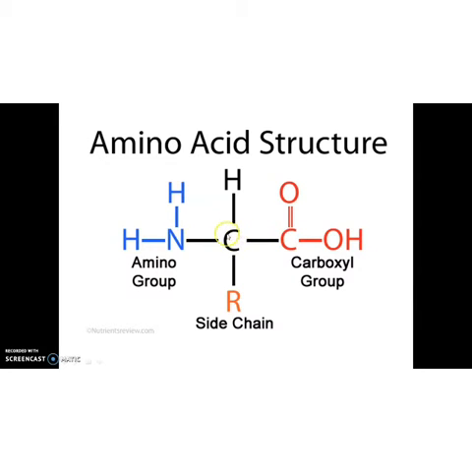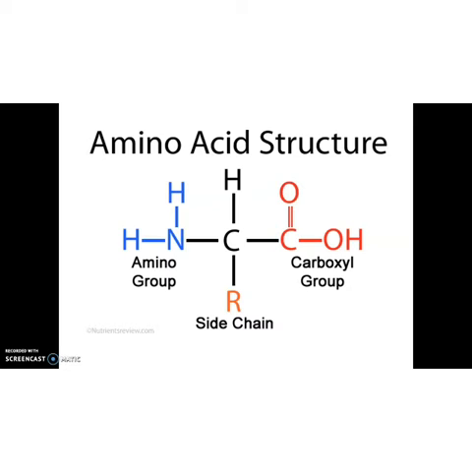See children, this is the carbon atom. As we all know, carbon's valency is 4. So it is filled by 4 groups. The first valency is filled by hydrogen. Next is by an amino group. Then by a functional group and a carboxyl group. So how can we define an amino acid? Amino acids are organic compounds containing an amino group, here NH2, and an acidic group COOH on the carbon atom. That's why we call this carbon atom the alpha carbon. Hence they are called alpha amino acids.